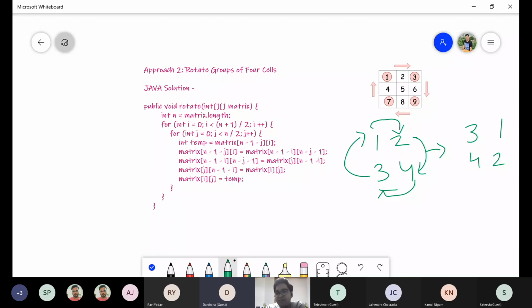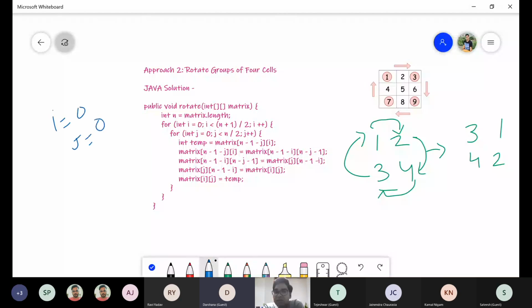So the logic is very simple. Now we know which positions we need to consider. We just need to identify the logic, how to find these positions while we increment or decrement the i and j values. So in this case, we will increment i and j. So initially, if we try to dry run this code, what will happen? i is equal to 0, j is equal to 0.